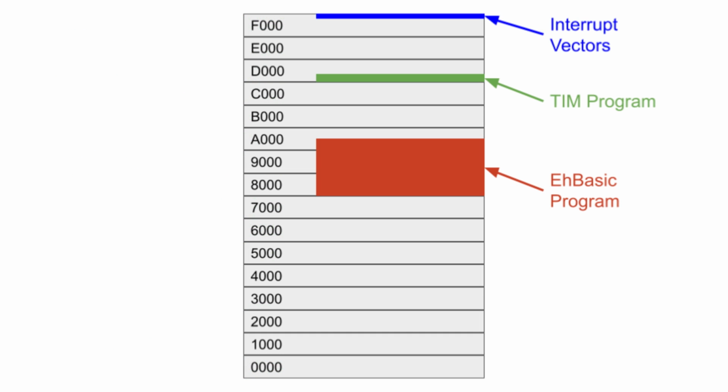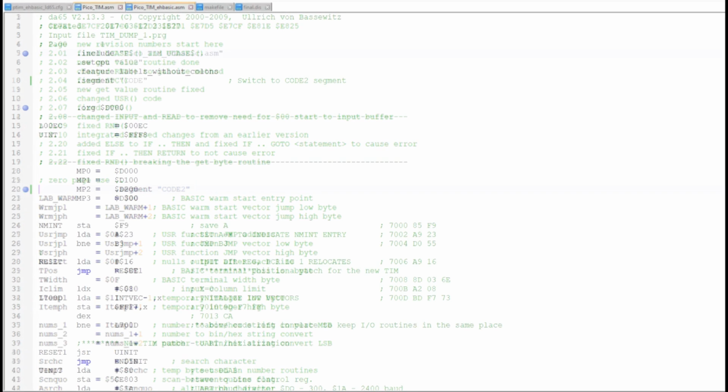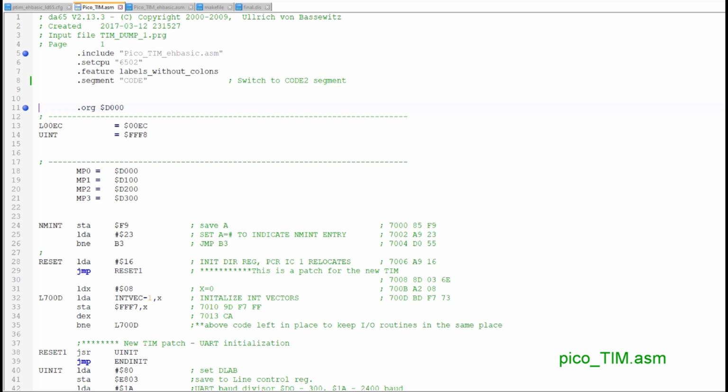EhBASIC is much larger than TinyBASIC, so I want to load this program into the Pico at the same time I load the emulator and the TIM programs. That means I'll have to combine the TIM and EhBASIC programs into the 6502 image. I set the EhBASIC origin to 8000 hex and assign it a new segment, code 2. In the TIM program, I'll add include Pico-TIM EhBASIC.asm to add the EhBASIC program into the 6502 compilation and linking